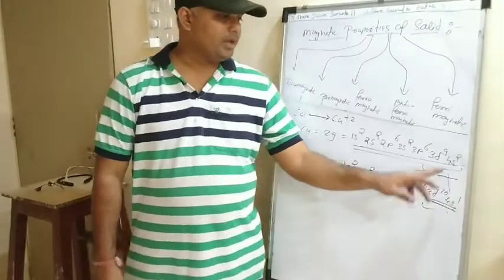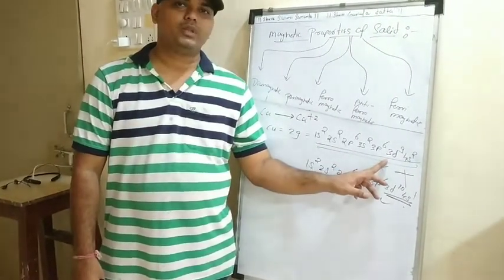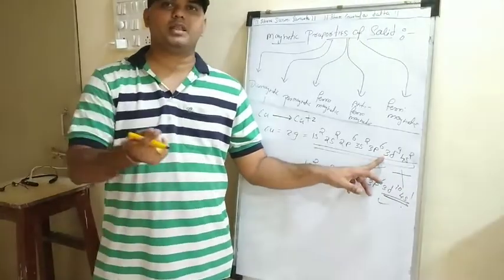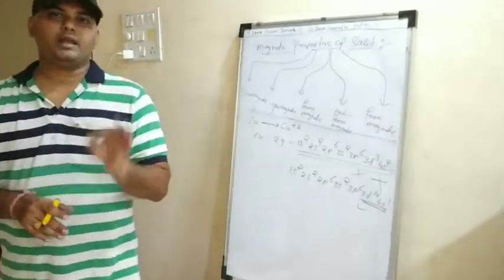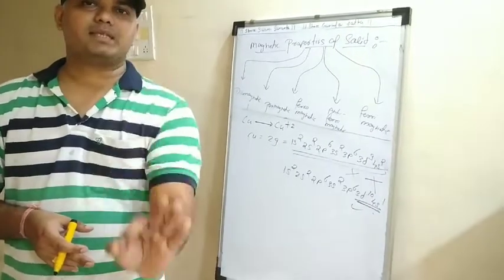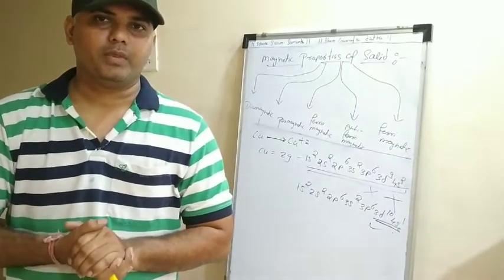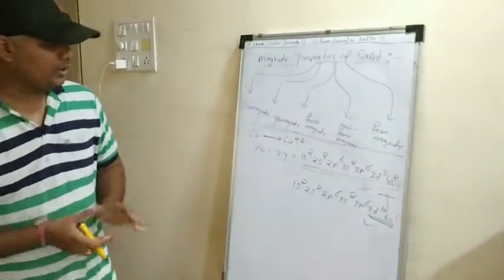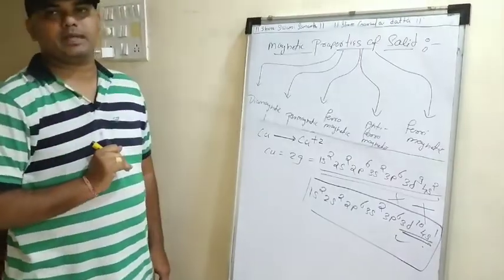As I told you, first the electron will go into the 4s subshell and then it will go into the 3d subshell, because 4s is lower in energy and 3d is higher in energy. But apart from that, every material in this particular universe tries to attain maximum stability. And the same thing happens with electrons also. They will try to attain stability, right? So how can they become stable? There is a condition for becoming stable.